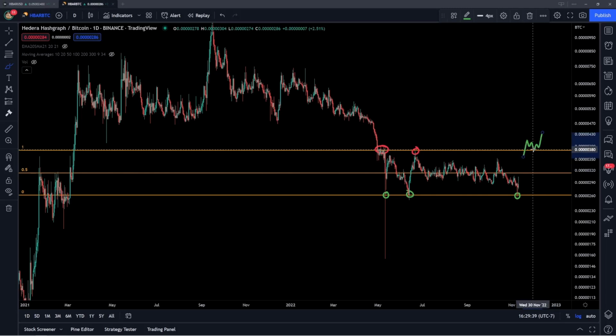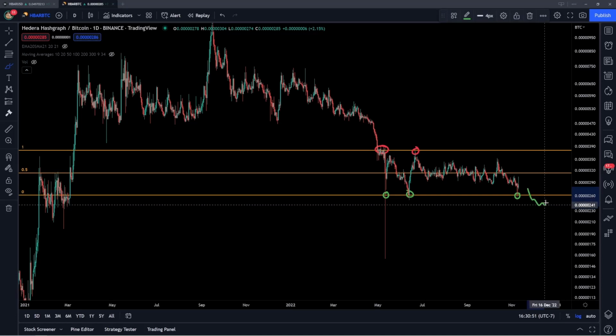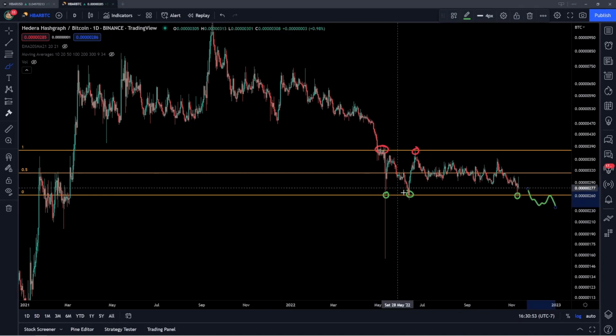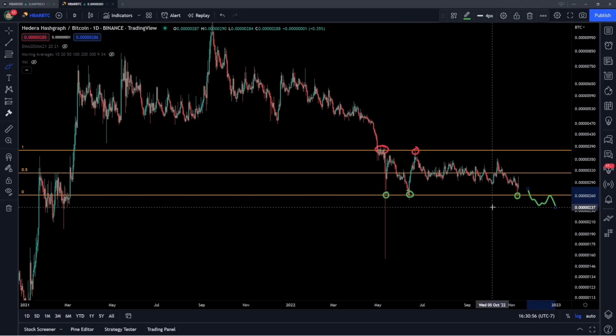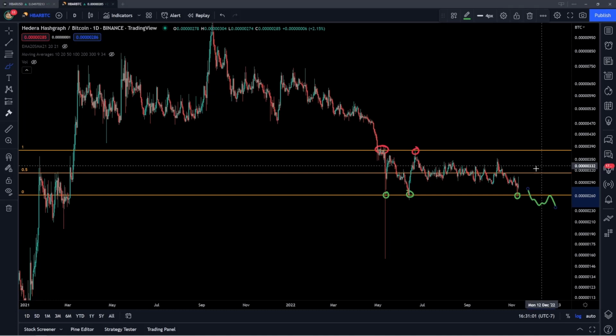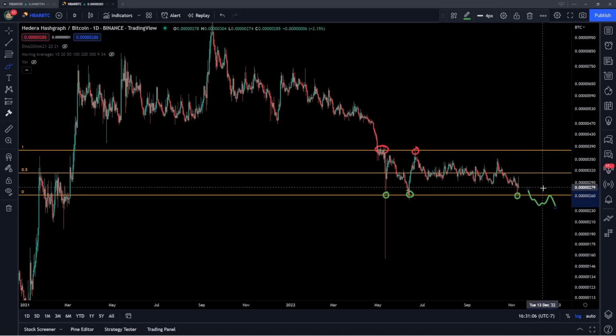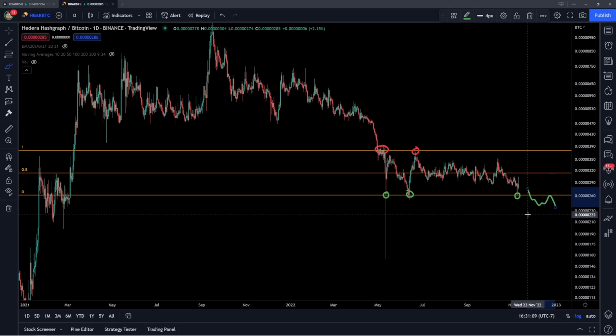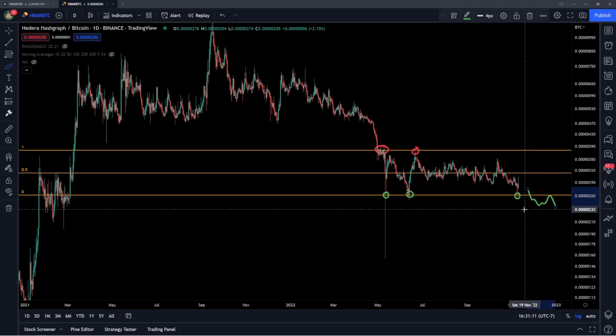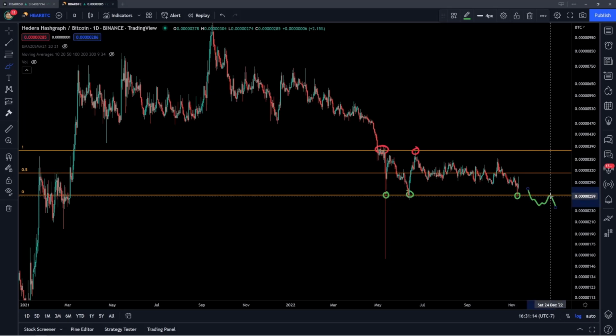Certainly much further out, but I do want to talk about this longer term trend because we can't just consolidate in this range forever. Now, if we start to break down instead and we don't hold the support at 260 Satoshis and we start to flip that into resistance, then this is going to mean that HBAR is really going to start to underperform Bitcoin both to the upside and to the downside, where if Bitcoin does have a move to the upside, HBAR would most likely in that scenario not move up as quickly, and then on the downside, it would have that relative weakness where it would lose its support levels. Meanwhile, Bitcoin would start to have a little bit more strength. So if this happens, that would really not look too good for HBAR.